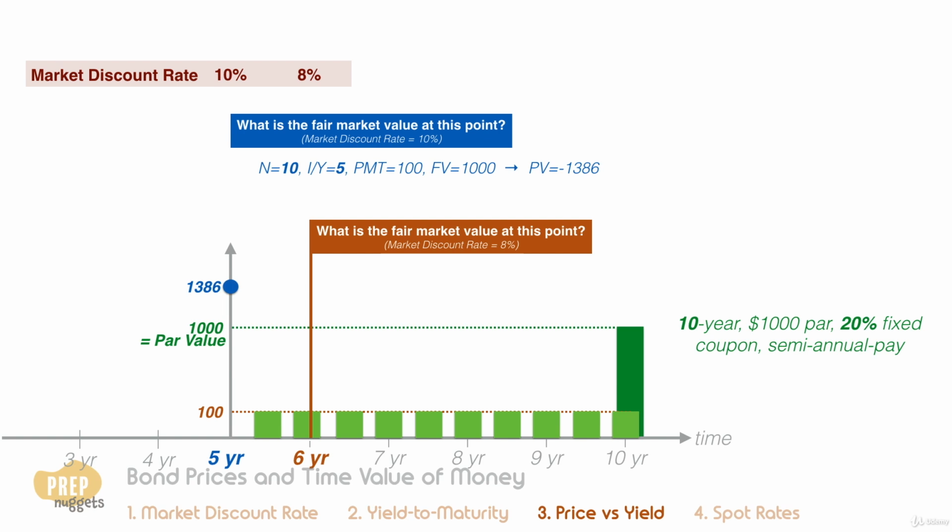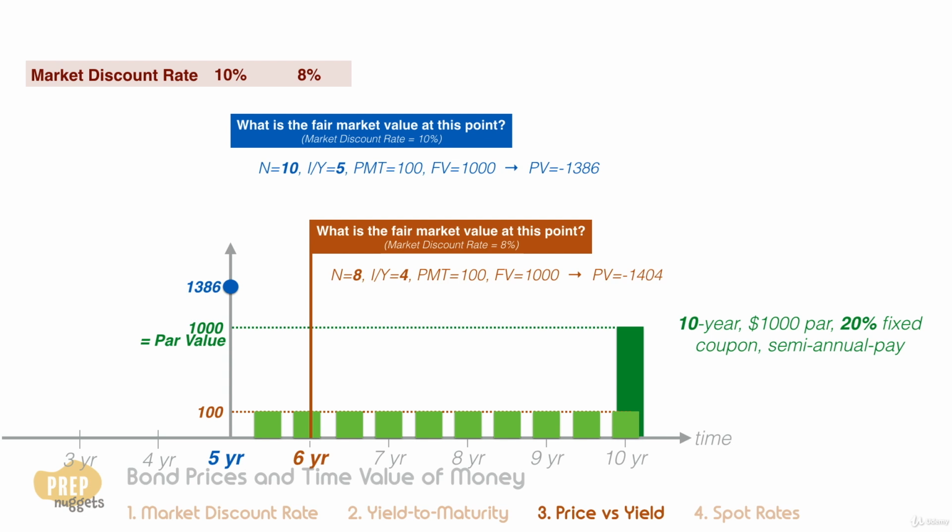One quick way to check is to look at the coupon rate versus the market discount rate. Since the coupon rate of 20% is higher than the market discount rate of 10%, demand for this bond will push the price above the par value. And at the end of the 6th year, everything remains the same except that there's now 8 half years to